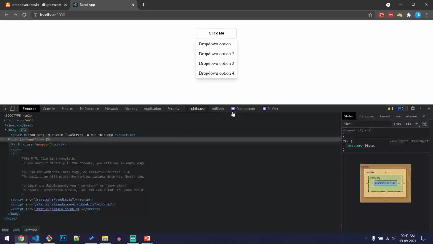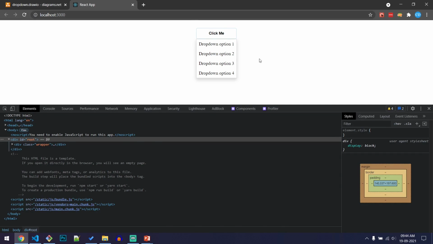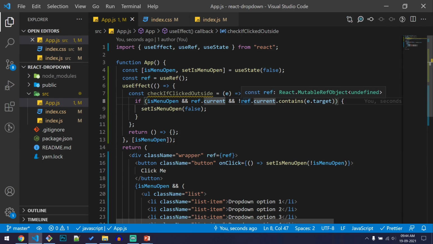So to summarize this, we check if menu is open, then we check if this reference exists, then we check if the click is outside this menu or not. That is, if the target we clicked is not within the wrapper, then we close the menu. So we have declared this function, we need to call this function.